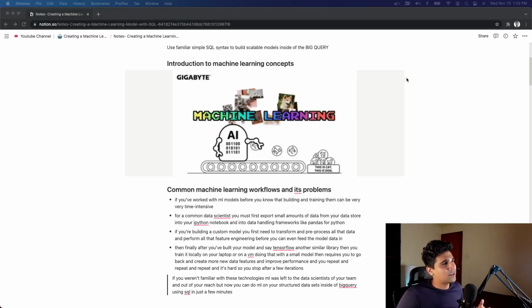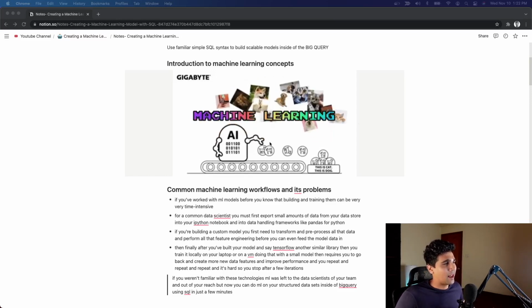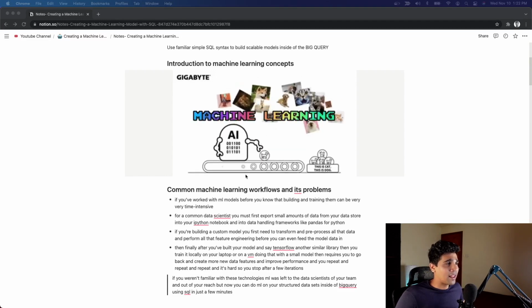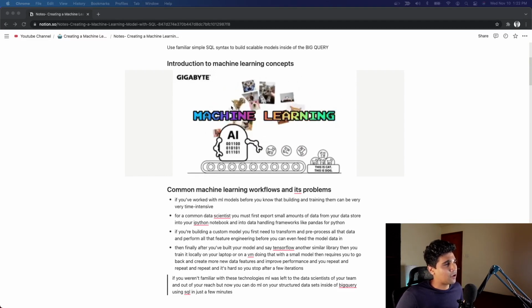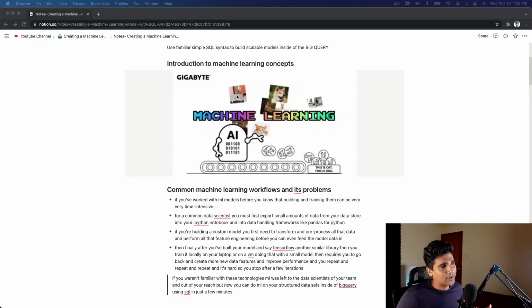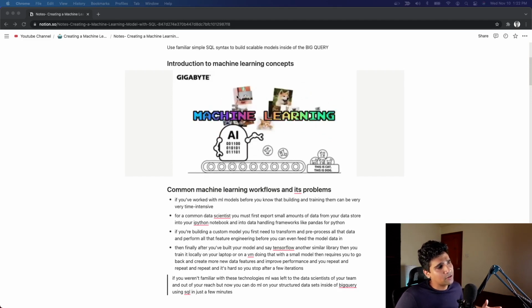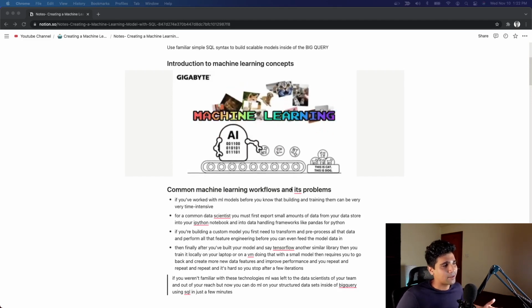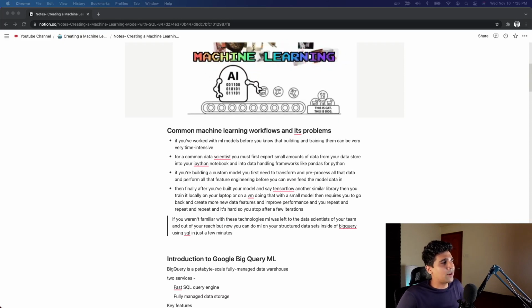SQL. Anyone who's new to machine learning concepts, this GIF sums it up. You have this AI algorithm in place. First of all, you train this algorithm with this data of cats and dogs, and once it's trained, at the end of the day, you can use this algorithm to do prediction on new images of cats, as simple as that. One of the key things I wanted to cover is to understand what the current machine learning workflow